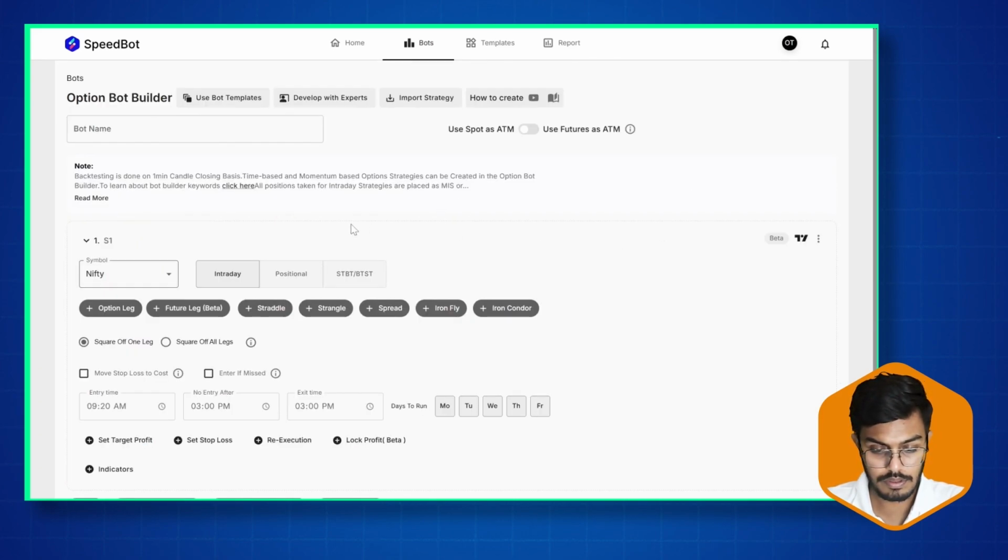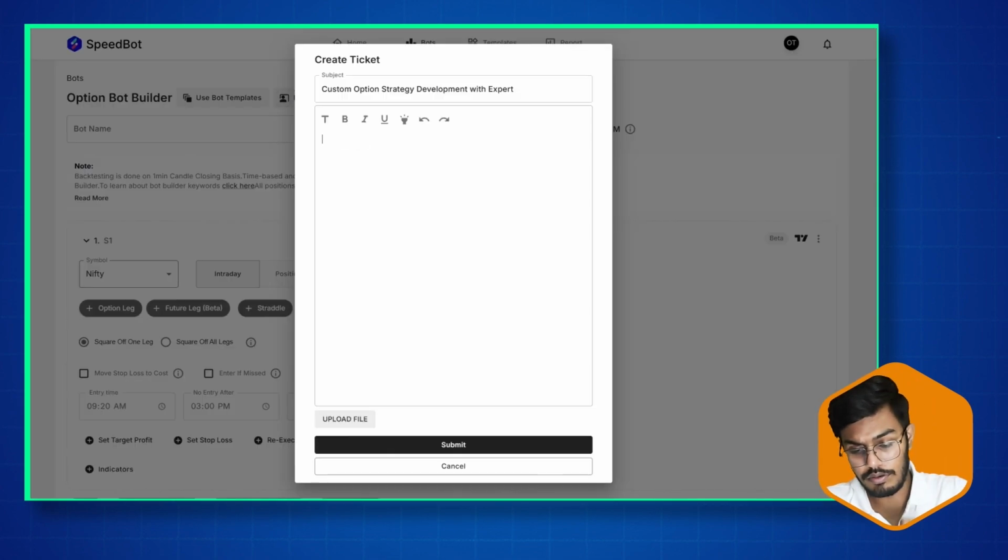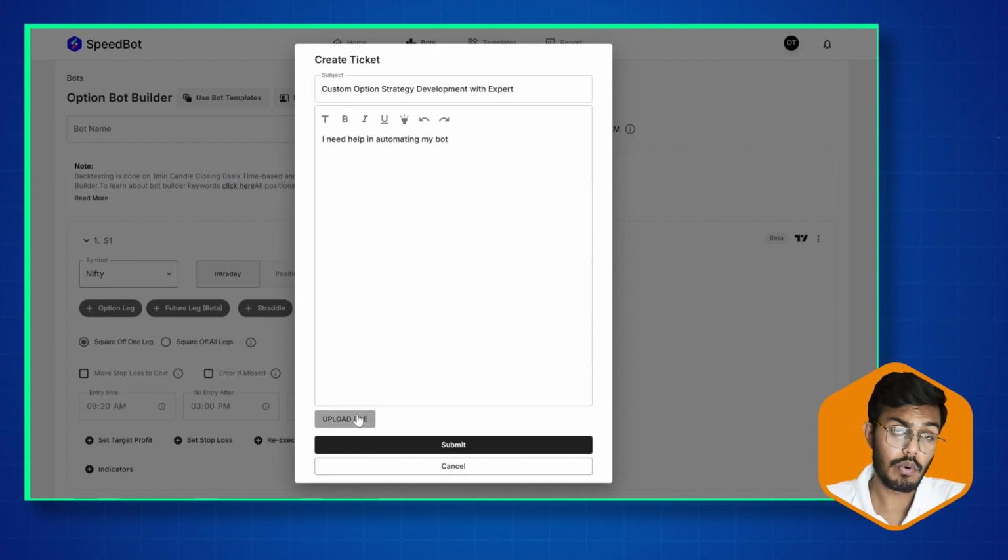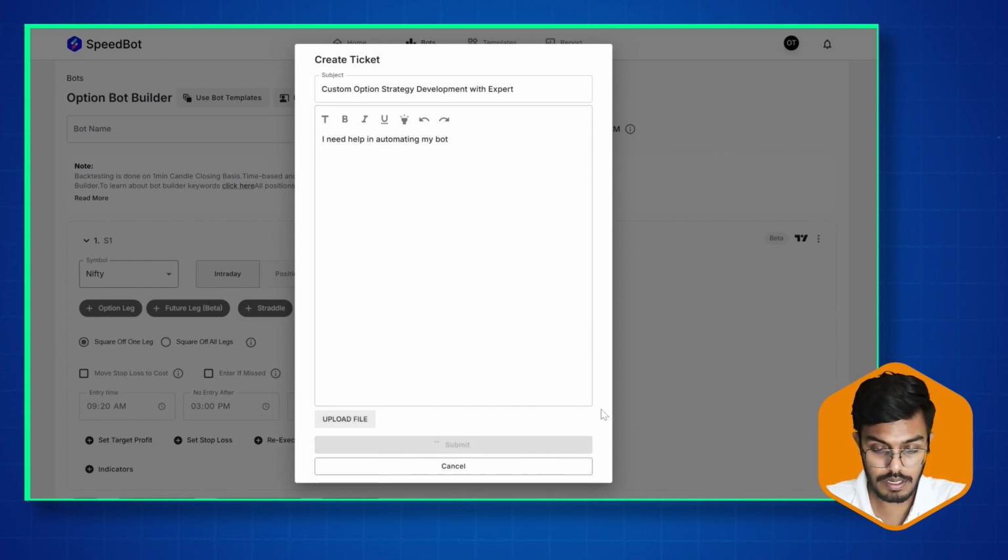So once I click on create option bot, let's say that I'm somewhere stuck in creating an option bot for myself. I would like to take help on how I can automate my option bot. Over here, I'll be able to click on the develop with experts button like this. And I can mention in the description that I need help in automating my bot. If I would like to upload any screenshots or any chart, I can just attach that file by clicking over here. And once I click on the submit button,